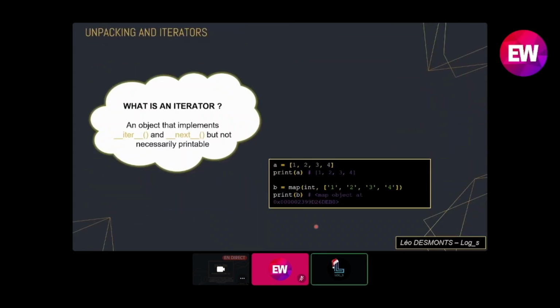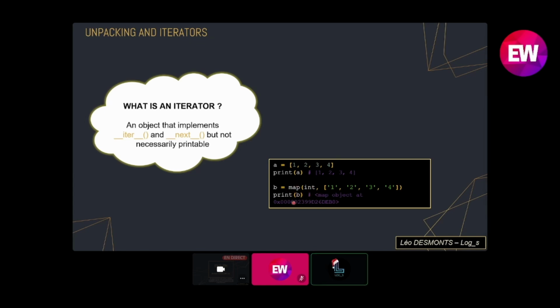So now a little word about unpacking iterators. First of all, what is an iterator? It's simply a Python object that implements the iter function, but it's not necessarily printable. For example, a common Python list is an iterator, but a map object is an iterator as well, though it's not printable.